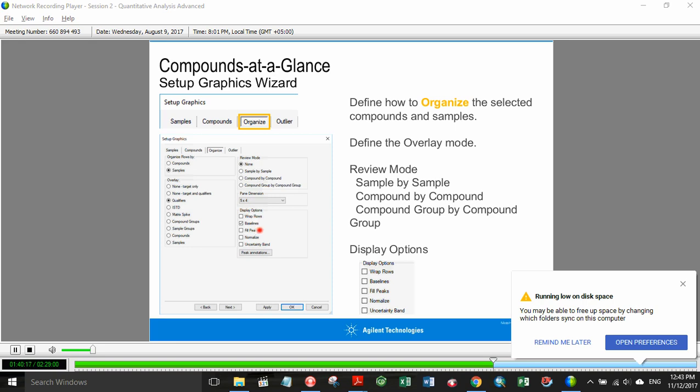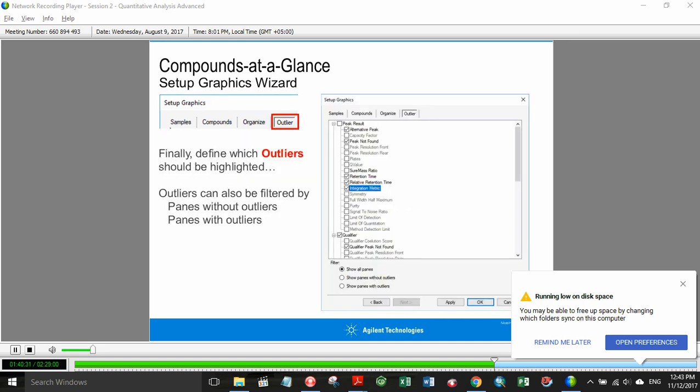And then I also have other display options: wrapping, baselines, fill peaks, normalizing, and so forth, and whether I want to see the peak annotations. I have lots of options on how I want to set up that compounds at a glance. Then if I go on to the next, I can set up how I want to review my